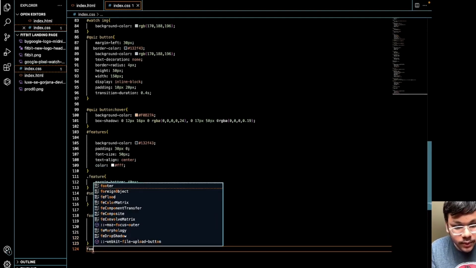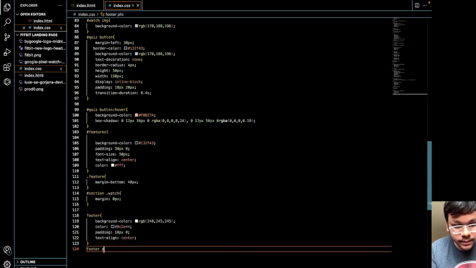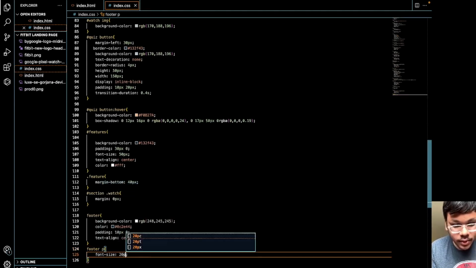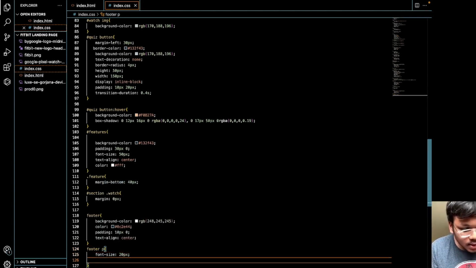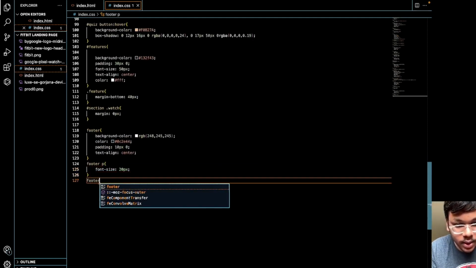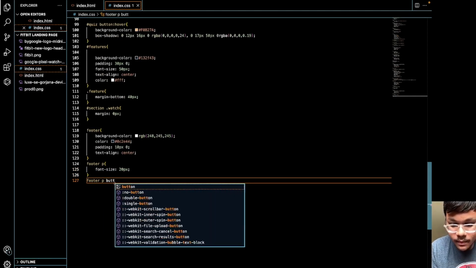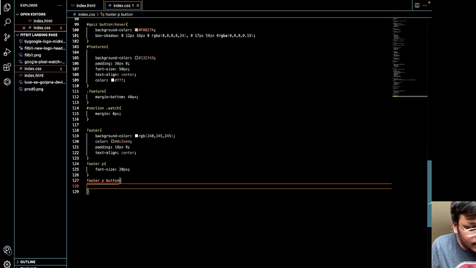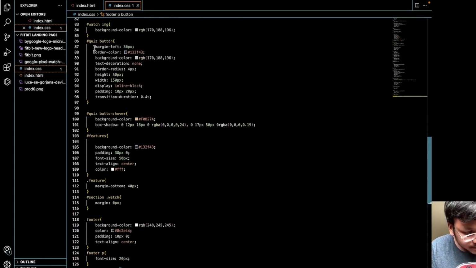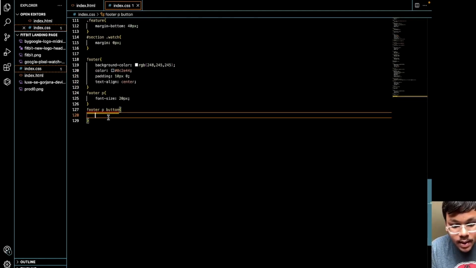For styling the footer para, font size 220 pixel, and for the footer button we are doing the style footer P button, and we are doing the same styles as we have done for this button. So I'm just copy pasting this button styling